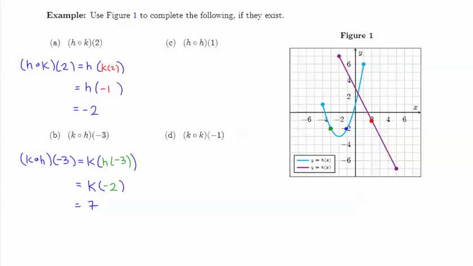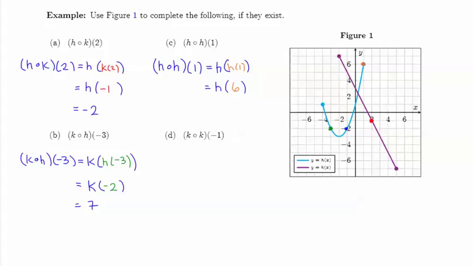For the first one, we have h composed with h evaluated at 1, so that will be h of h of 1. So we'll take h of, and then inside there, we'll have h of 1. And I'll look on the function h. I'll see that the function value at 1, it's this endpoint here. So I see the point (1, 6), meaning that h of 1 is equal to 6. So this then simplifies to h of 6.